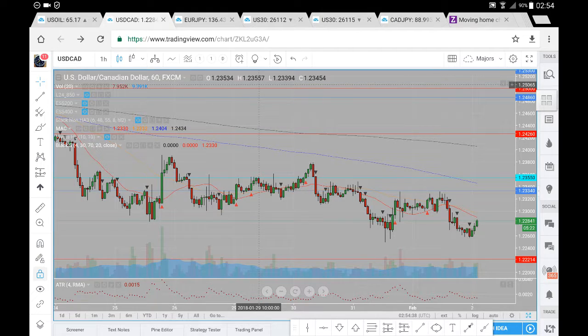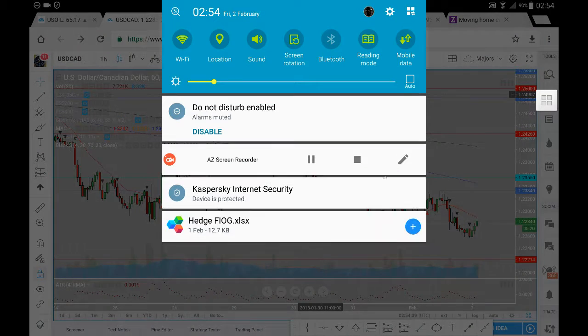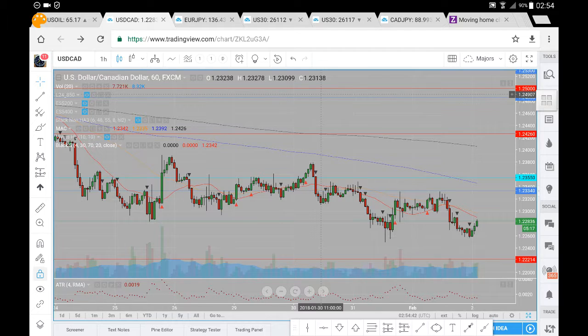So this USDCAD analysis for Friday the 2nd of February. Now, let's have a look at what happened and where prices may likely go. Previously we saw prices sell off from this 123.34. We've come down towards this 122.60. Had a brief pullback for a test of this